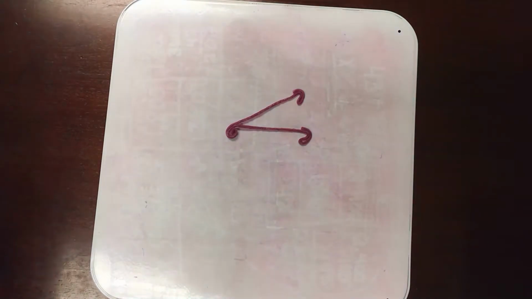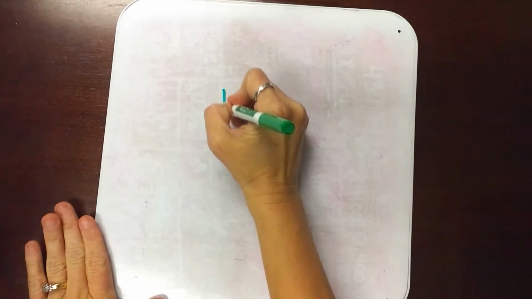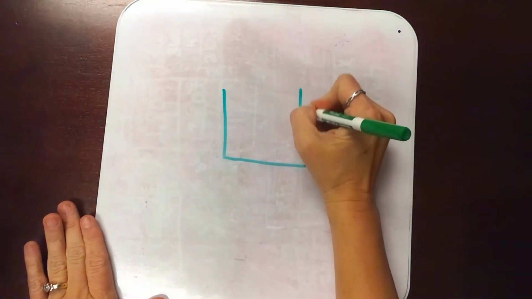So that's the first part of your TEKS, just identifying points, lines, line segments, rays, angles, perpendicular, and parallel lines. Use the Wikki Sticks, introduce them. You can then talk to students when you're talking about different shapes and identifying